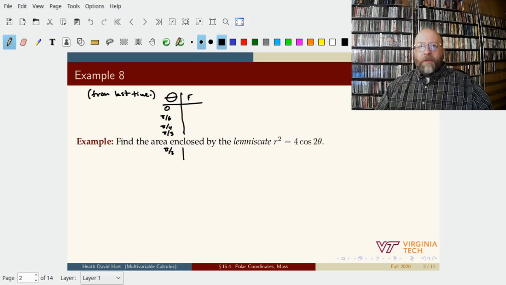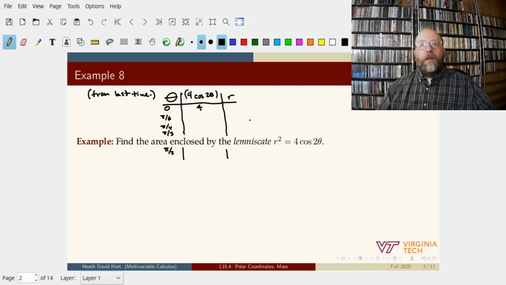To make this table a little bit easier to follow, I'm going to go ahead and put a middle column here. So I'm going to erase this r and calculate out what 4 cosine of 2 theta is. That's sort of an intermediate step, and then we'll get an r value. So when theta is 0, cosine of 0 is 0. No, cosine of 0 is 1. 4 times 1 is 4. And since r squared is equal to 4, r is going to be plus or minus 2. Okay? And so if we plotted that,